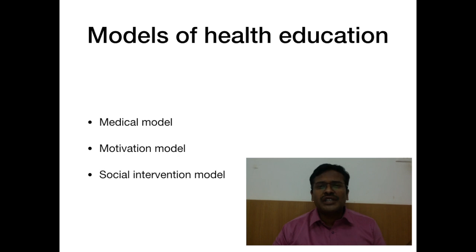And the third is the social intervention model. It is again a very useful model wherein we take into account a group of people. I already told about the stakeholders: the school teachers, government teachers, the public distribution sector, politicians, panchayat raj. When all these groups of people are gathered together, and when we convince them and ask them to change a particular type of behavior, definitely change will happen. So that is social intervention. This group of people is intervening in the behavior change. So it is again going to be a very successful model.